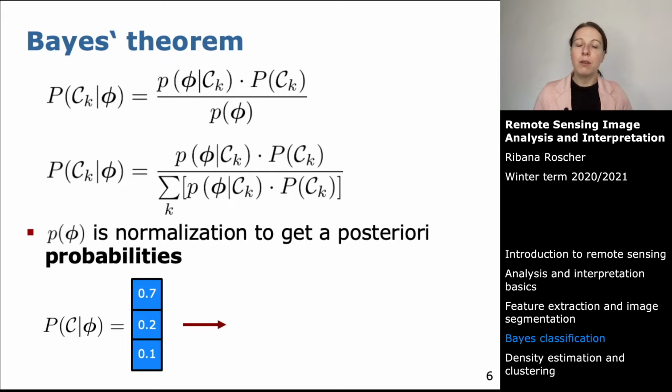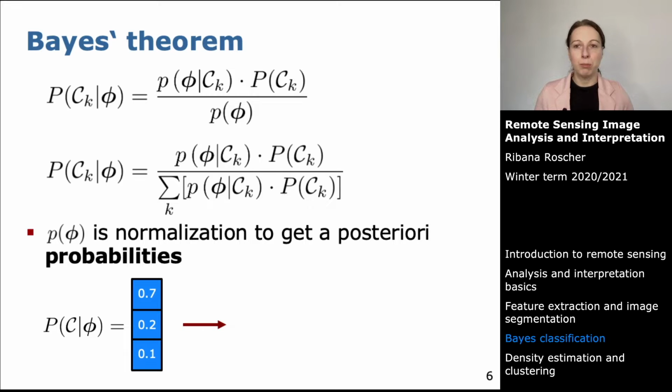And when you have a look at how the evidence is computed, you will see that it is computed as the sum of the likelihood times the prior, summed over all classes. And what happens when you sum over all classes is that the term becomes independent of the class. This whole thing is called marginalization. So you're summing out the classes. And so in the end, you can think of this term as a normalization